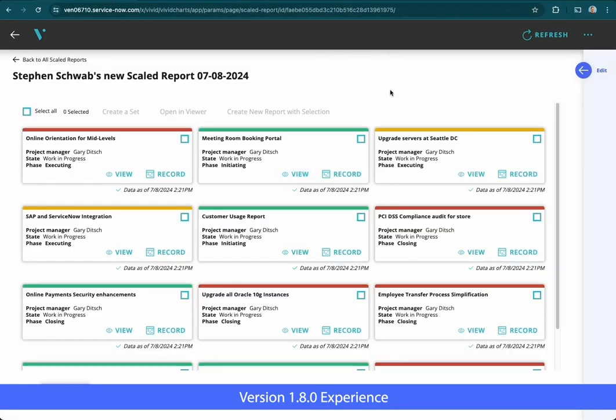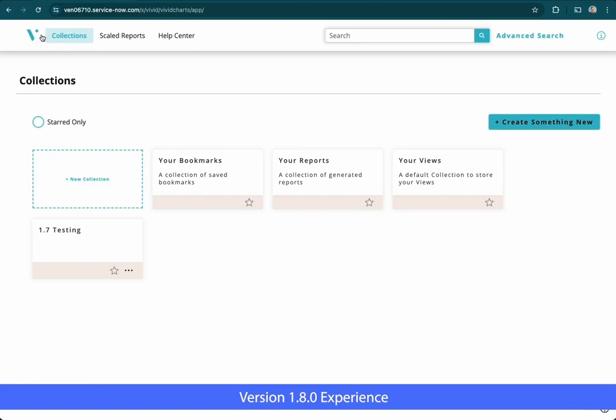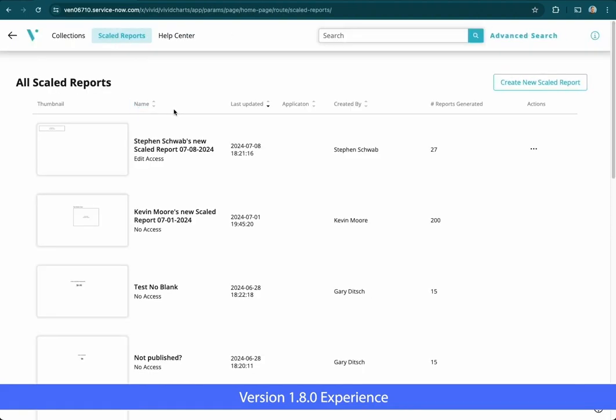Okay. So let's go through the same exercise. Say a stakeholder wanted to make a change to this report. That's fine. Let's look at how we would do that in the 1.8 version. So notice that there is this new link up here called Scaled Reports, and that is the quick route to any of the Scaled Reports. And you land here on the page where there's some information about what we've created. We know this one is the one we want to edit. There's a little thumbnail there, and it shows the number of reports that are generated. So if we click into this,